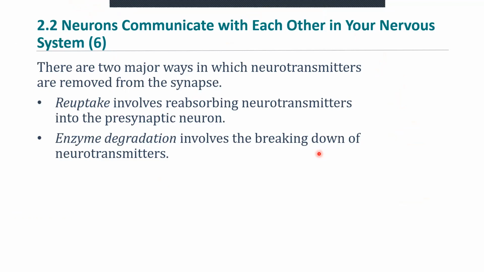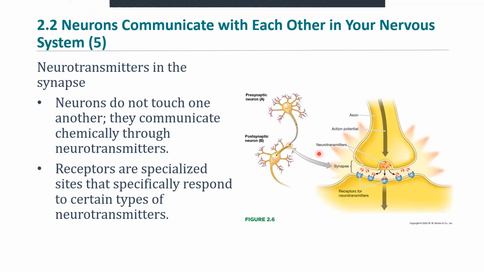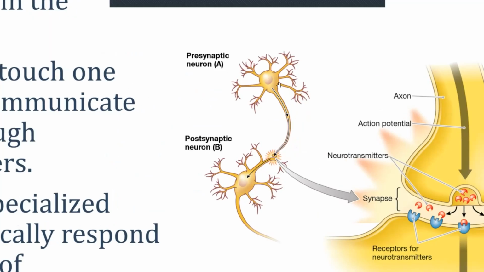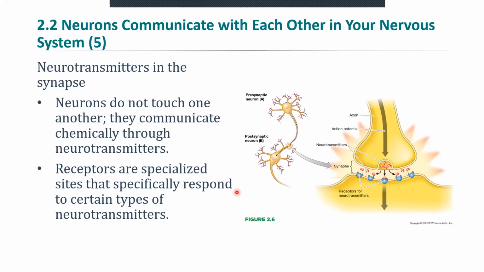Oops, let me go back. Okay, I think I might be done there. Oh yeah, one more thing I wanted to say. The neuron that's sending the signal is called the presynaptic neuron. And they sometimes ask about this on the test. The receiving neuron is called the postsynaptic. Presynaptic just means before the synapse, and postsynaptic means after the synapse. So pre is the sender, post is the receiver. Okay, let's go on.